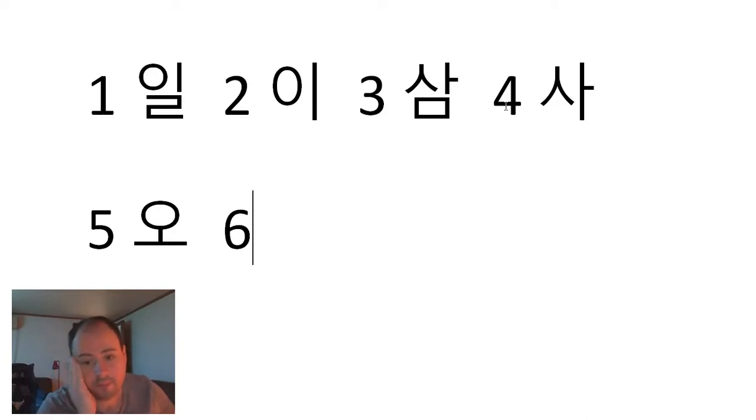Apparently, sa has the same sound as the word for death. So 4 is an unlucky number. So, for example, in some elevators, when you have the floors labeled 1, 2, 3, 4, and so on, they won't have the number 4 there. They'll have the letter F instead. The Western equivalent would be the number 13. Like some hotel rooms won't have a room 13, and they'll just go 11, 12, 14. It's kind of like that.